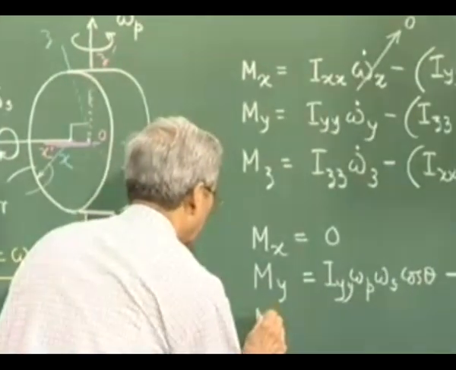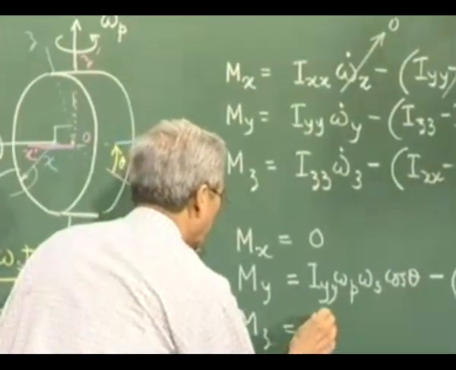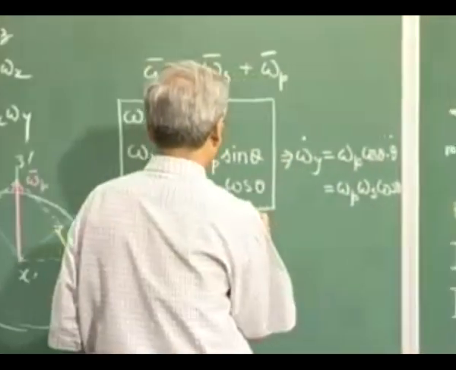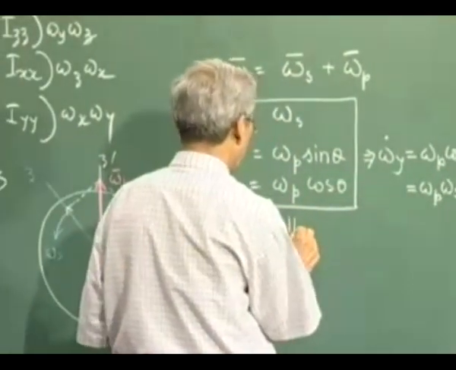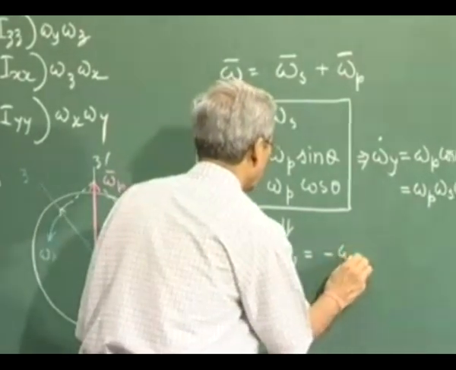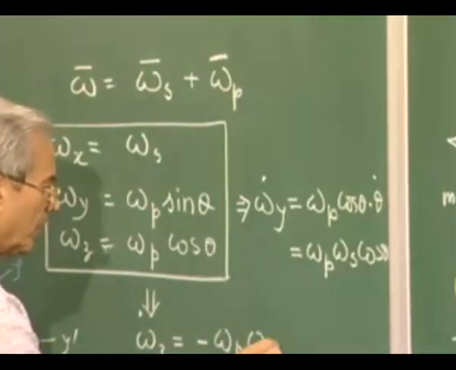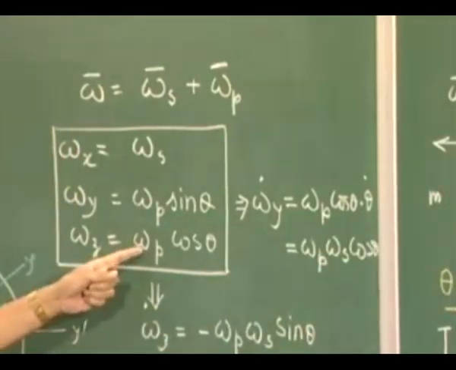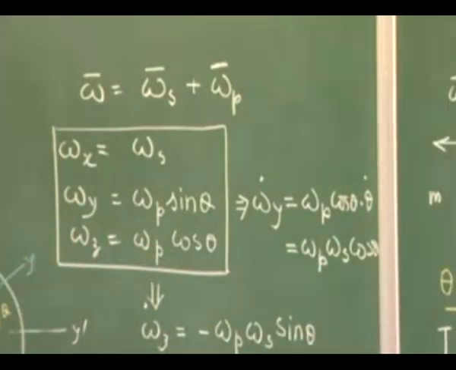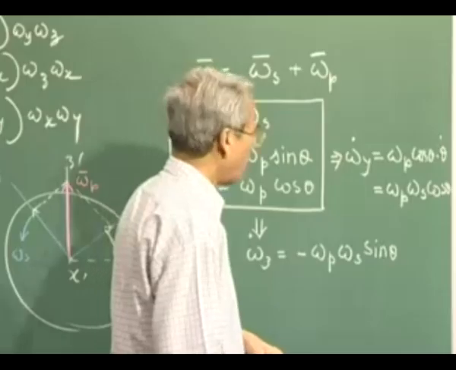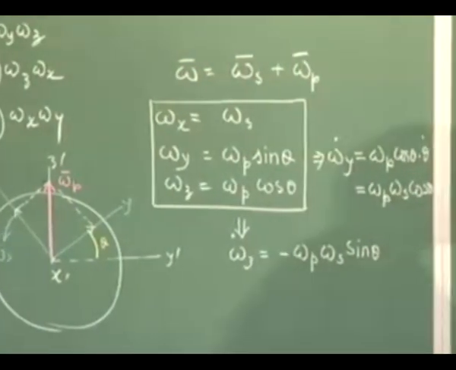And similarly the z component will be I_zz. Now from this we get ω_z dot is equal to minus ω_p ω_s sin θ. In a similar way, differentiate this, this is constant, cosine θ if we differentiate is minus sin θ, and θ dot is equal to ω_s. So this will be minus